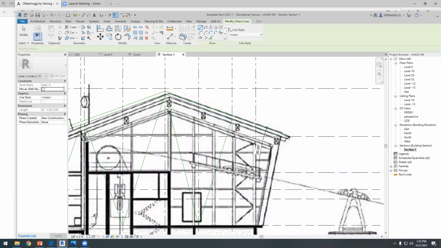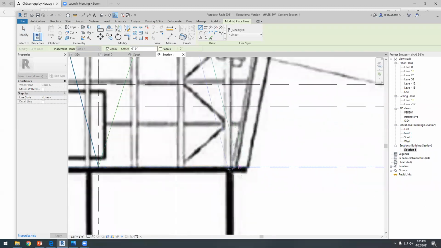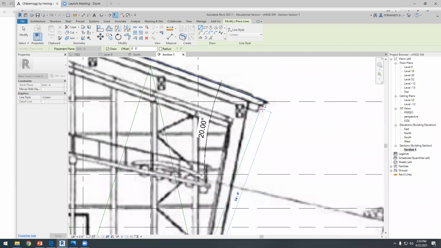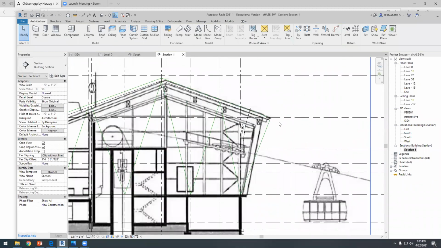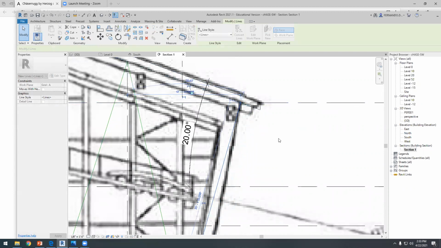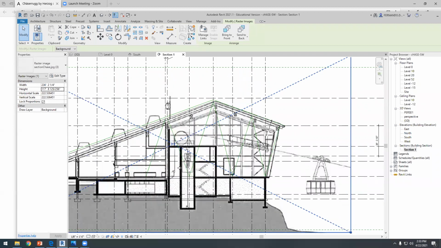Now I continue with these grid lines. Sixth, this point, and then the seventh, it's somewhere here. Let's stick to this point. No, I don't like this point. Let's make it. Okay, so now we have traced the truss,